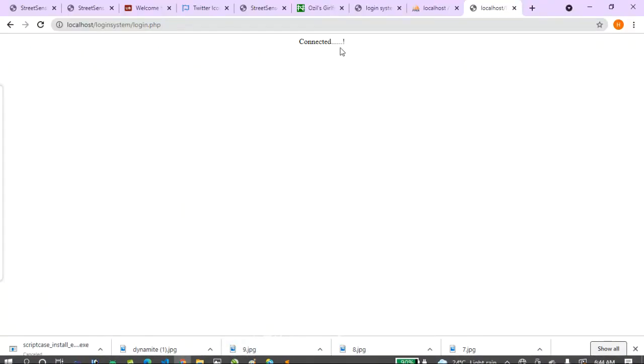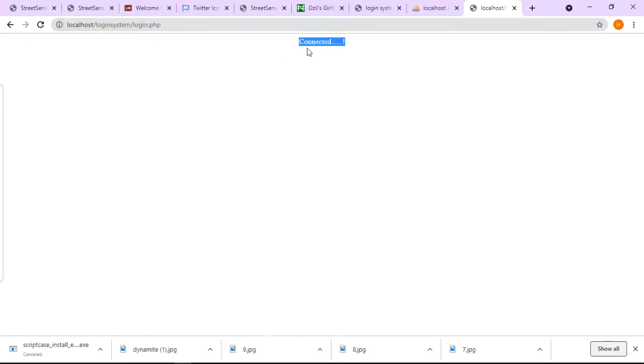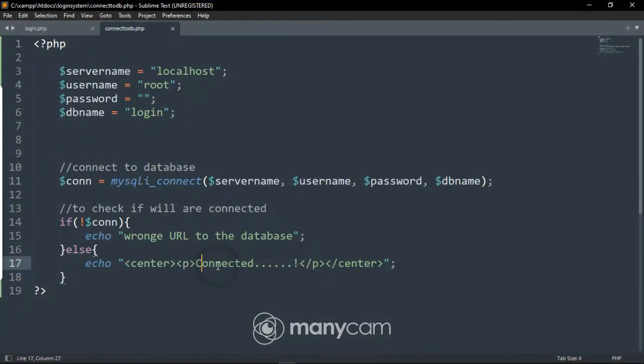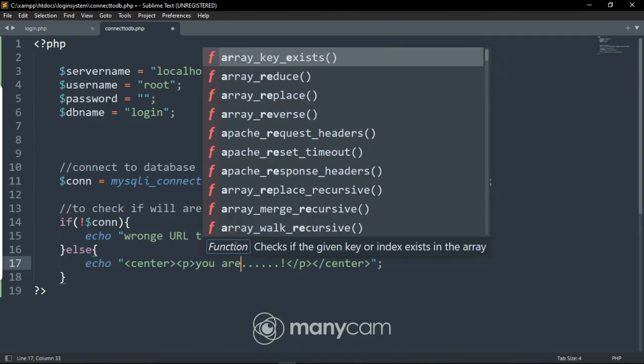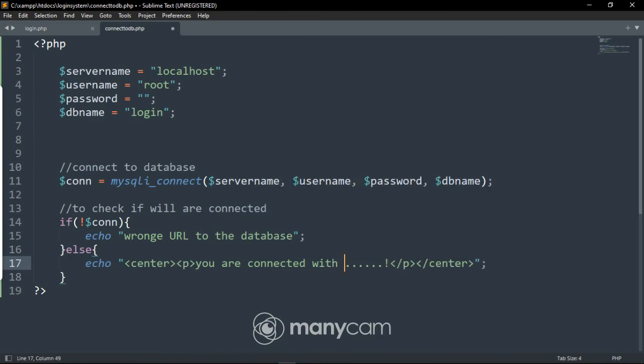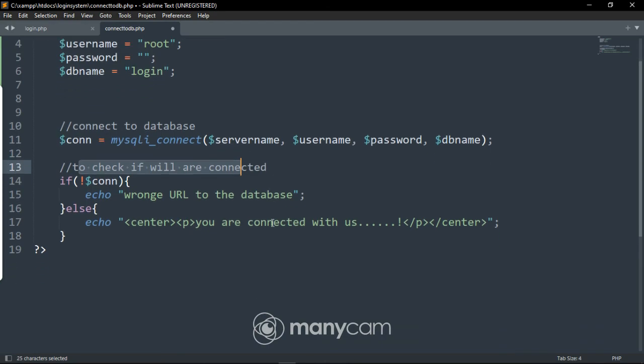Then if you refresh the page, you see what shows me if you're connected. So I want to say you are connected with hers. Yeah. So now we just connect to the database, we should check if the connection is right. So we save the, so